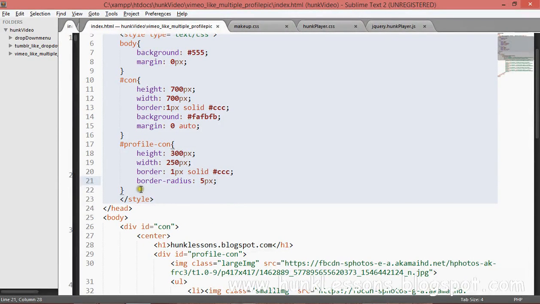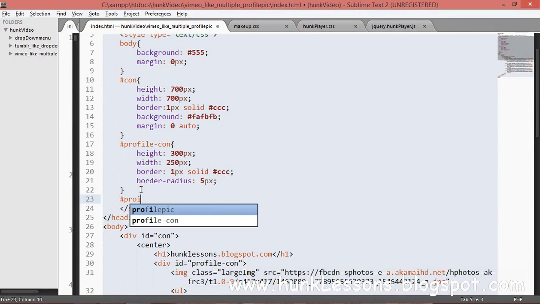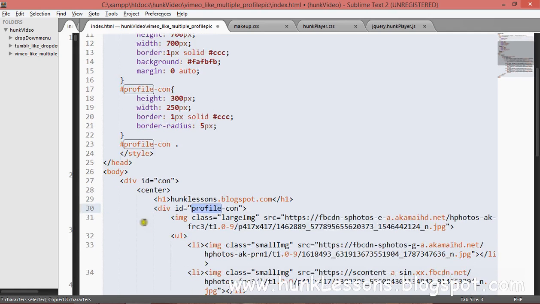Okay, now we will style our image. Profile container dot large image. We have a class of large image, we have an image inside our div profile container. We have an image tag with a class of large image. We will select that by CSS.